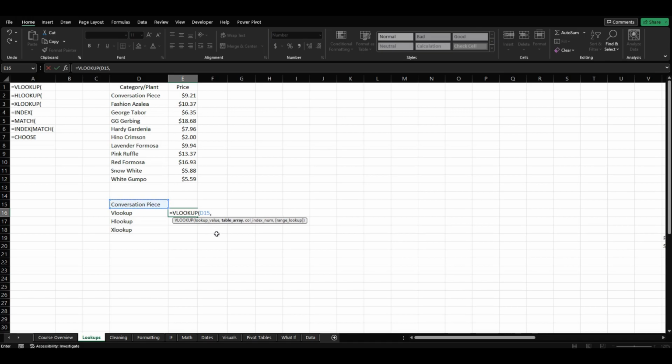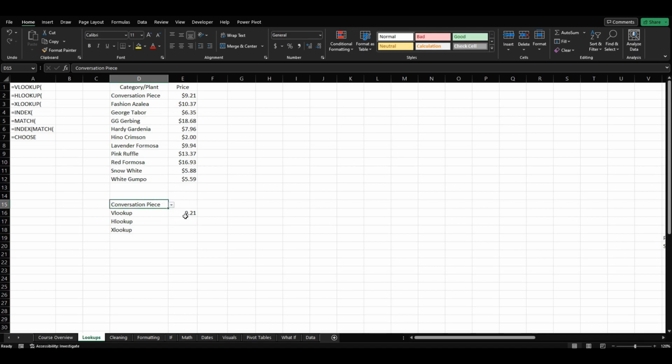We're going to put a comma and then the table array. Table array is this entire table array. So let's highlight or select all of that. And then another comma and then the column index number. Excel sees this first column as a 1 and the second column as a 2. So we'll put the 2 there, close that parentheses,